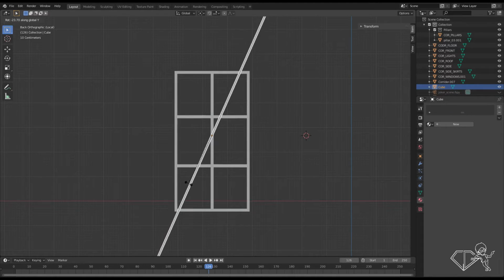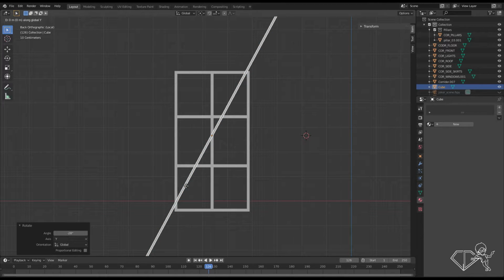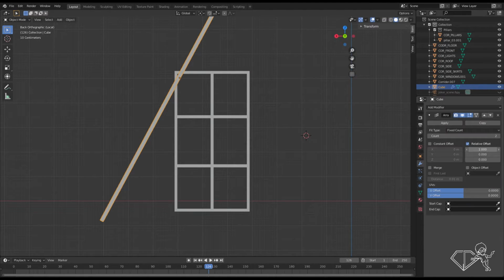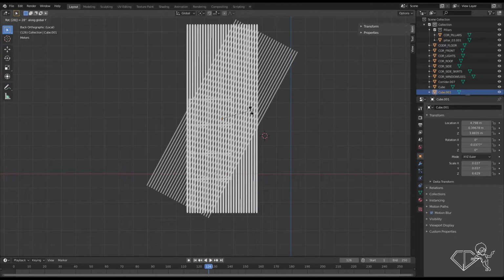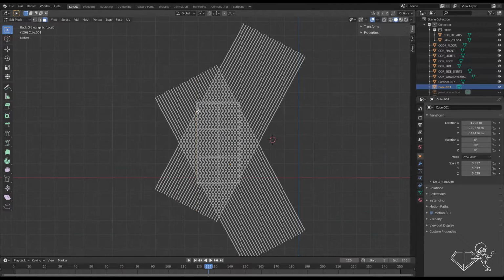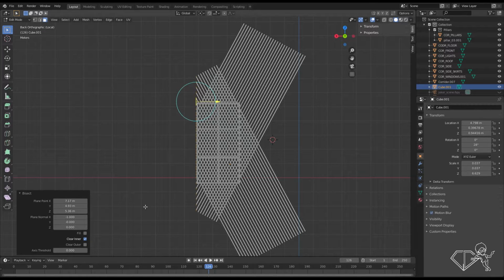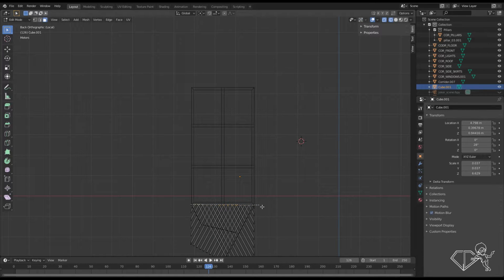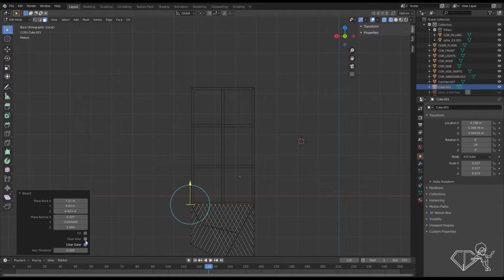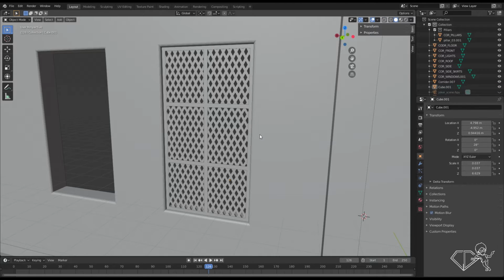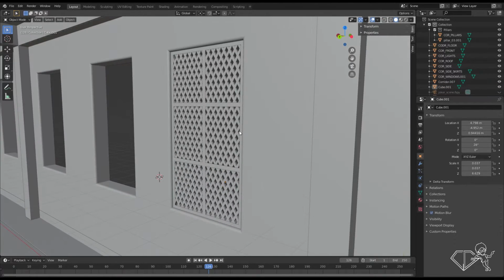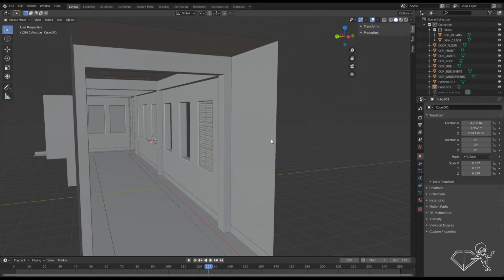So moving on to our windows, I used a trick. Just model one single cube, adjust it and then use the array modifier. Set the distance you want and it's done. For the other side, just duplicate and rotate. And to cut out the outer mesh, the easiest way I use is the bisect tool. This cuts the unwanted mesh from the geometry and my window is done. The thing is, I don't like to work manually when you have such great tools. You just have to guide the application and it's done in seconds.